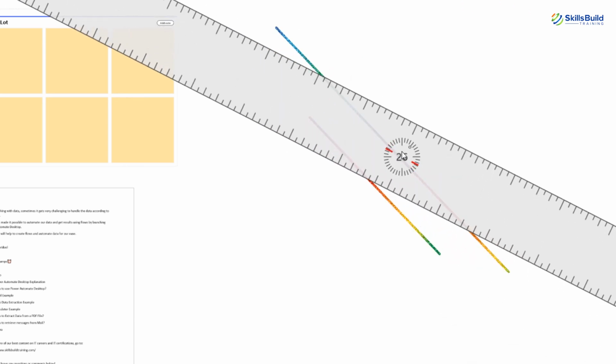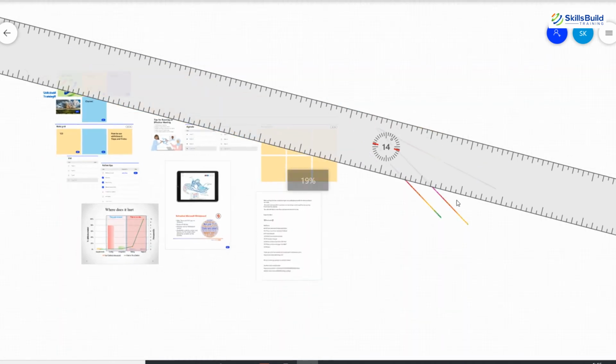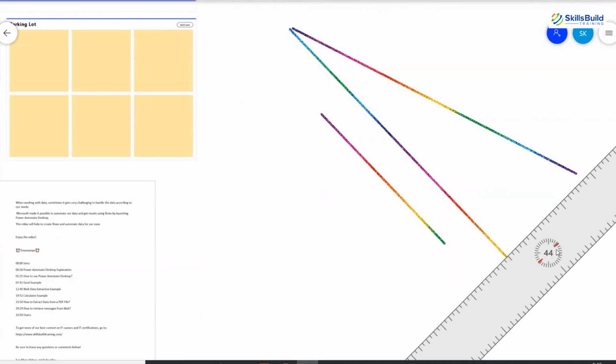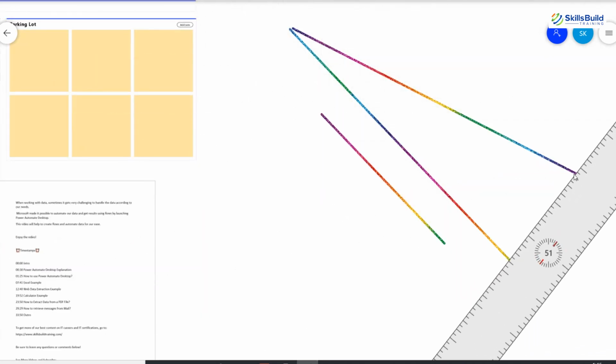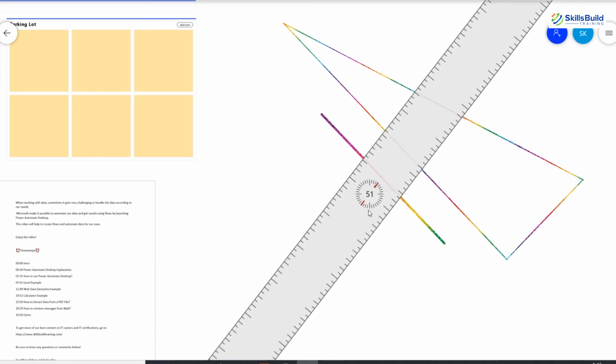In order to move it around, you can simply use a mouse. And here you can draw a line. Move it around and here you can draw the line. So this is a perfect tool. If you are doing an assignment of mathematics, you can use this ruler in order to create different shapes. You can also draft different shapes using it.